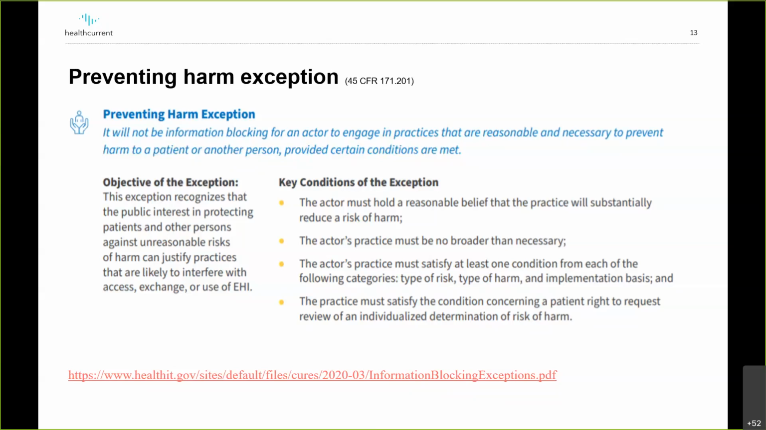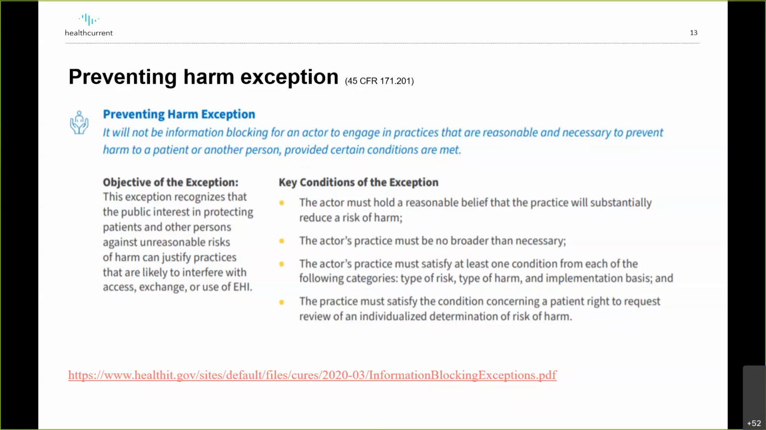And what I'm going to do is start with the preventing harm safe harbor. Then we're going to talk about the privacy safe harbor and the security safe harbor. And then I'm going to go a little bit out of order in terms of how these safe harbors are presented in the rule,